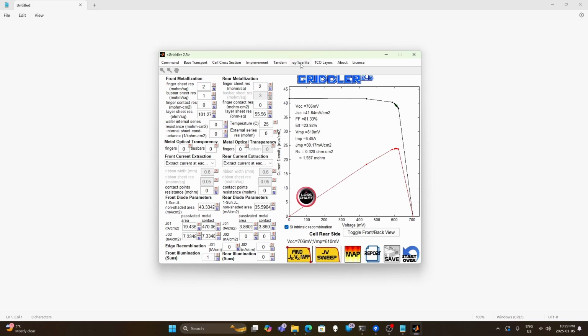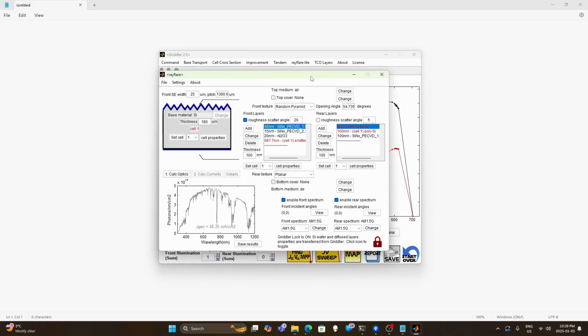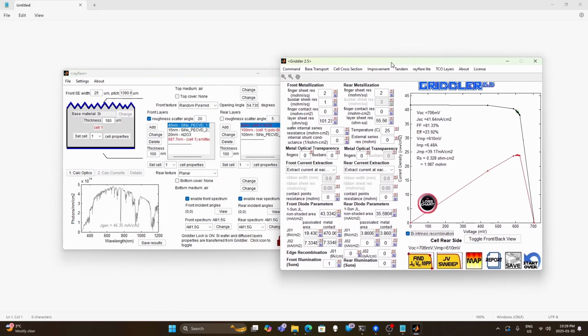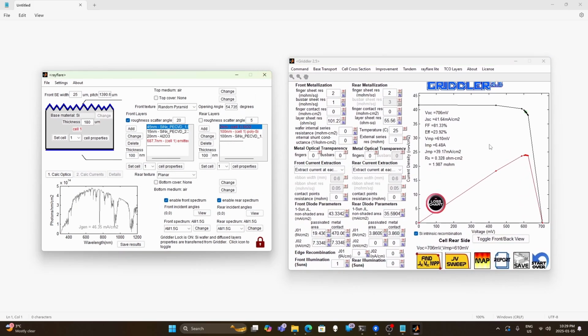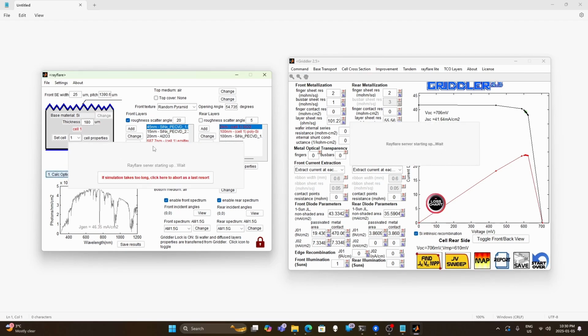Now I'm going to pull up RayFlare, and I can see that this TOPCon solar cell is being described as having this front stack, which has these silicon nitride layers, aluminum oxide layer, and an emitter. And on the rear side has silicon oxide and polysilicon capped with silicon nitride. And if I click Count Optics,